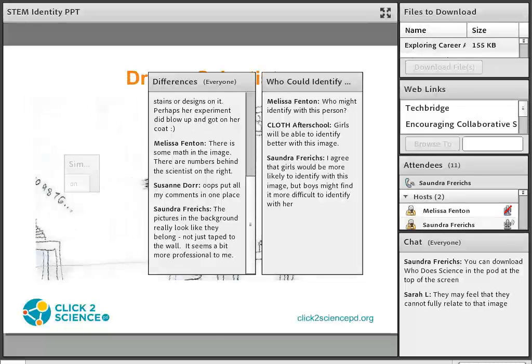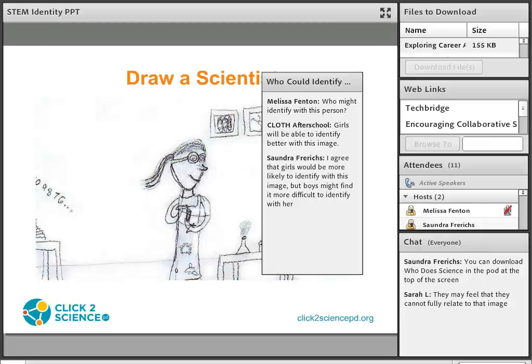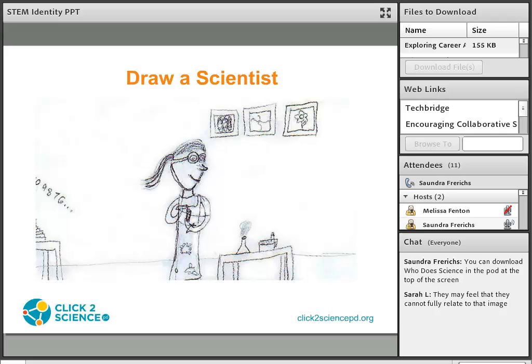One of the things that I noticed is the pictures hanging on the wall. It looks like they're put there more carefully, more intentionally. They're more decorative than the pictures in the first one. It just seems a little bit more professional in a setting or a context. She looks calm, like she's doing something nice. She's not quite as crazy looking as the first scientist, but they both look like they're having fun, that they enjoy their job in this setting of being in a lab.